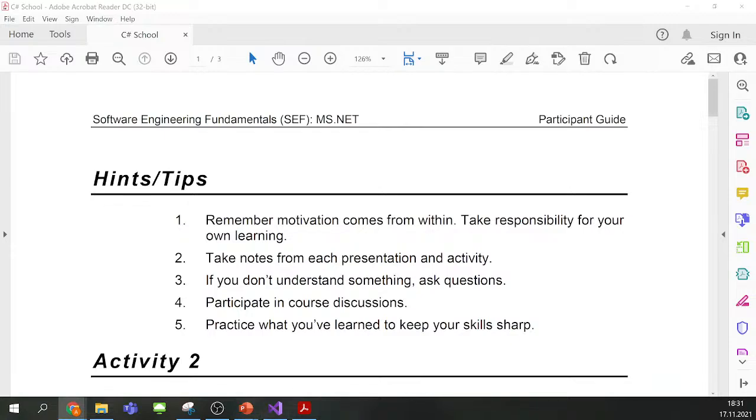So it's the day before the public holiday and before the celebration of Independence Day. So yeah, let's then